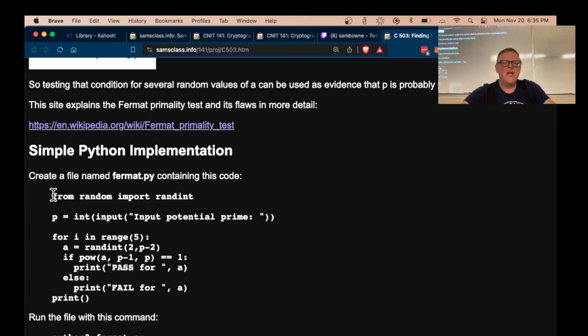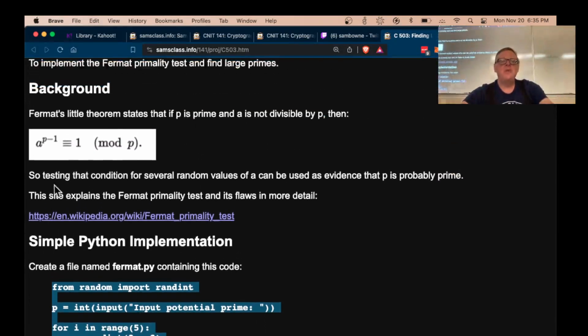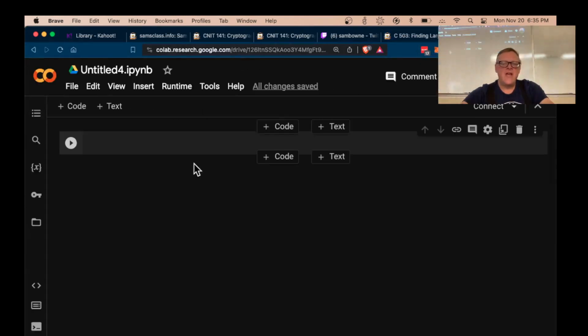So we're going to test this condition. This is a way to find prime numbers. The point is, prime numbers have this property. Any number raised to a prime minus 1 will equal 1 mod p, so we can tell if a number is prime by using that. So if we put that in Colab here,